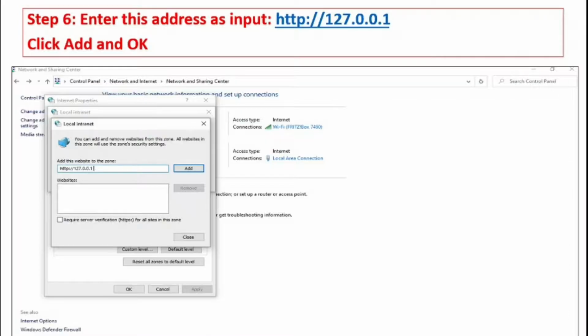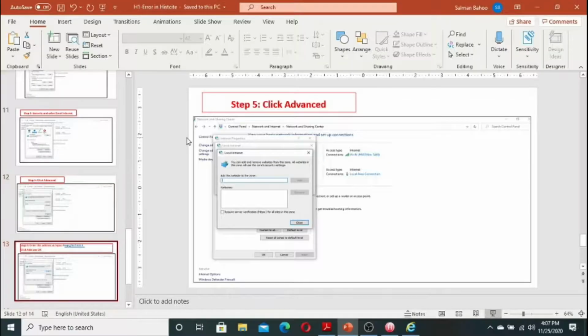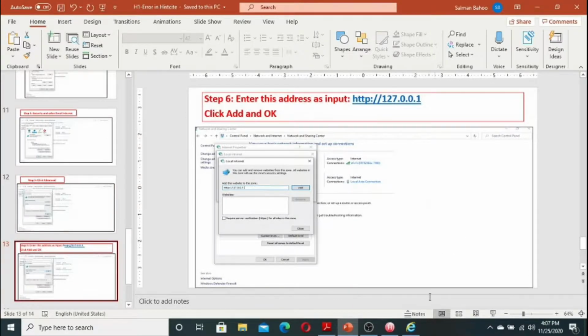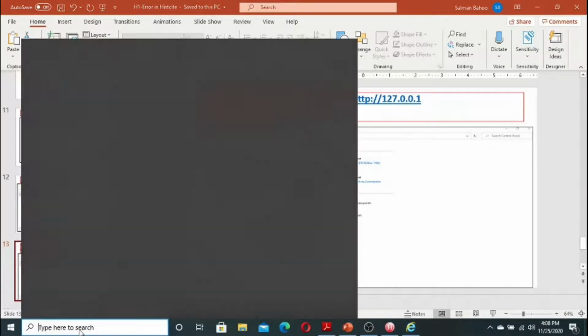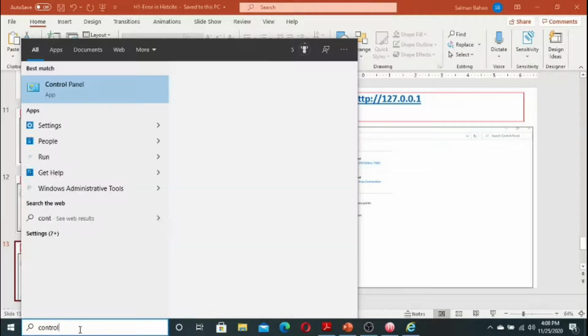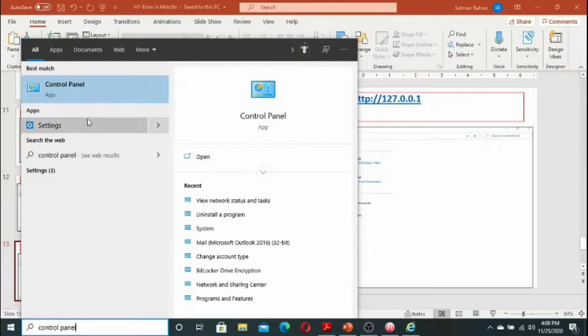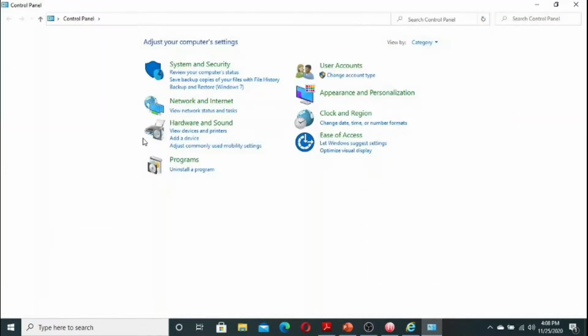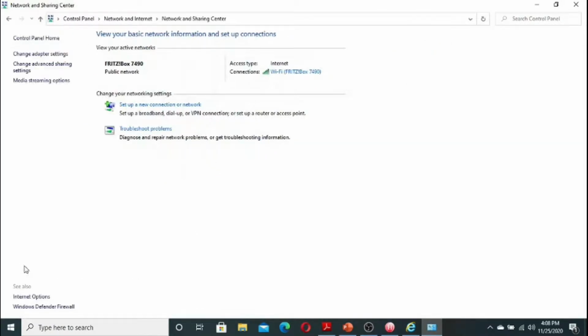Now we try again and do this process. I will show you in the video how you can do it. So let's have a look. First of all I go to the control panel. In the control panel I can see my network and tasks. Here I have the internet options, as I explained on my slides.